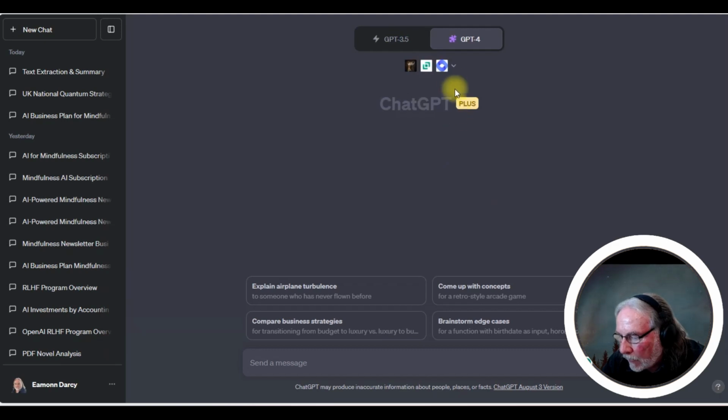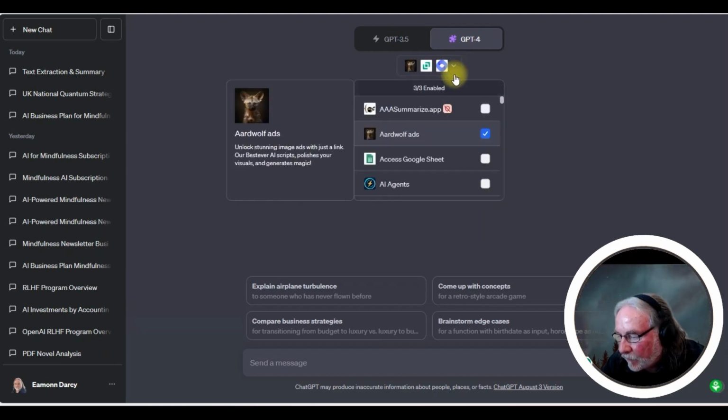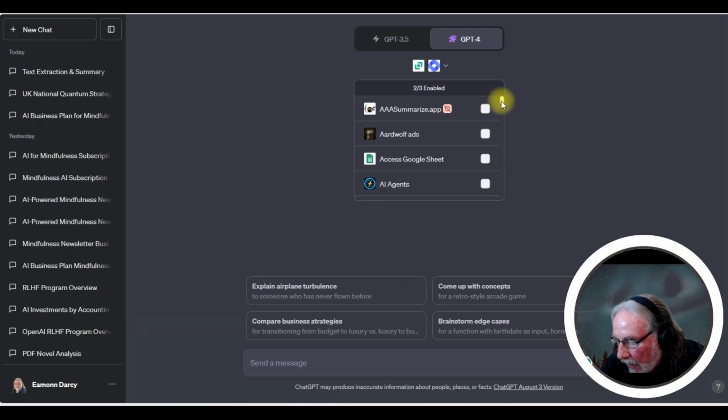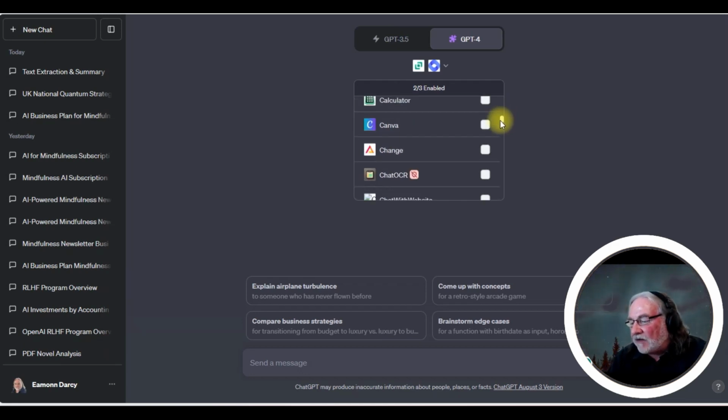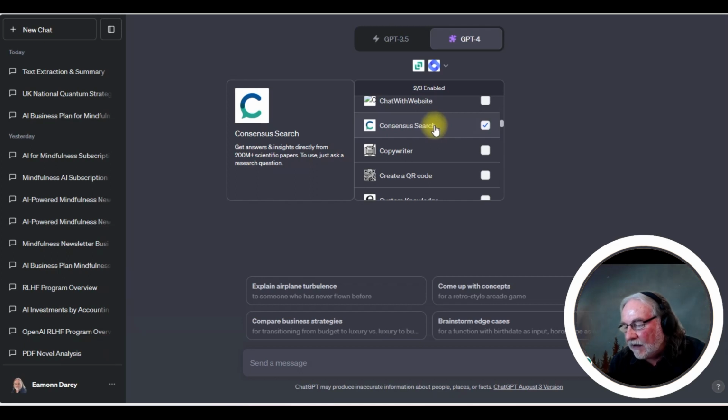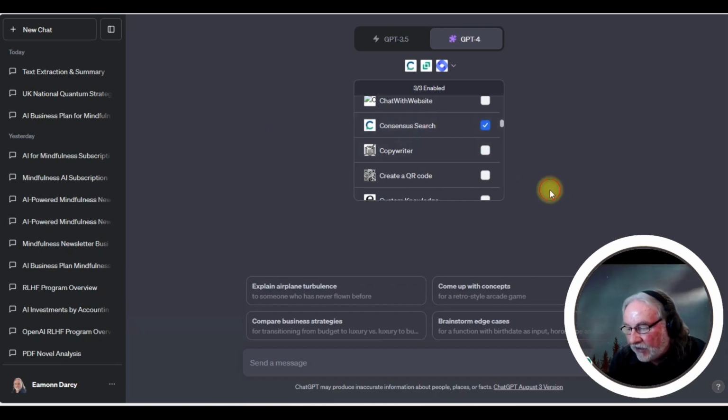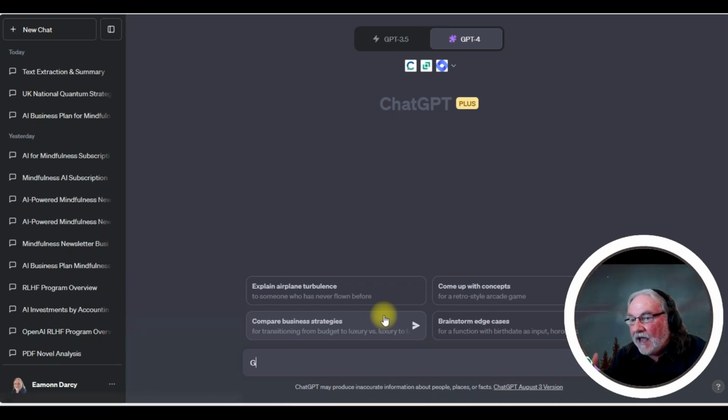So now I'm going to go to a plugin again. And I'm going to choose a different one. I'm going to choose Consensus, which allows you to look up 20 million academic papers immediately. And don't think we're just talking science here. This could be meditation. This could be business psychology. It could be anything. So I have a favorite experiment called the delayed choice quantum eraser, which actually proves that